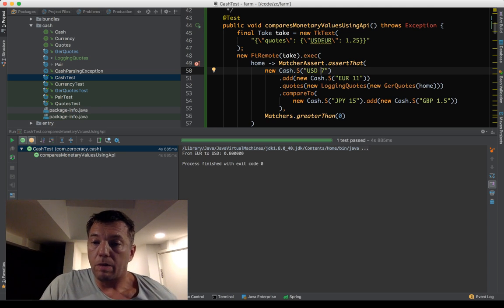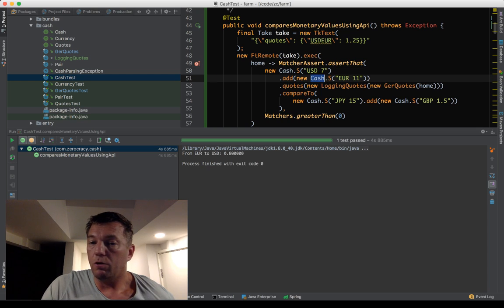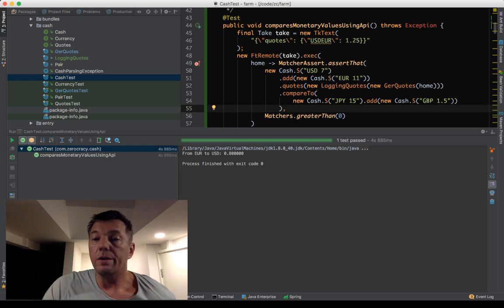I don't know. Maybe it's a bug somewhere in the class, in this cache class. I don't know why it's not checking for the Japanese yen. So how can it actually compare dollars to Japanese currency without checking the rate of the Japanese currency? I think it's a bug, which I will try to fix later. But you got the point.